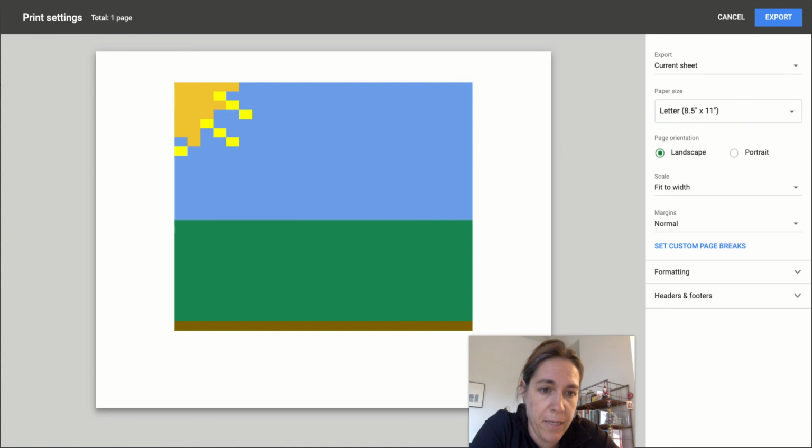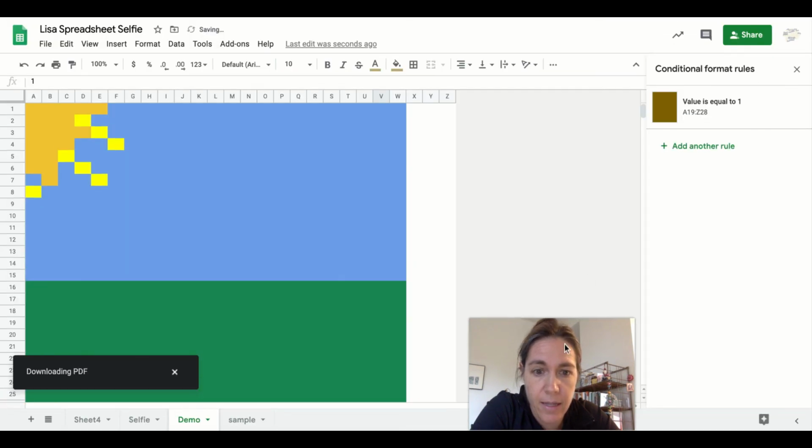Okay, so there's my PDF document. I'm going to show you in another video how to convert that into a JPEG, which is an image file. And the image file is what you're going to upload to Google Classroom. Okay, hit export, and then you are